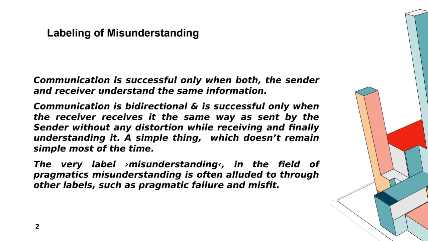So it's a very simple thing, but we often call this communication distortion. So communication distortion happens when you start to interpret the message as you would interpret it, so based on your culture. For example, if I say,